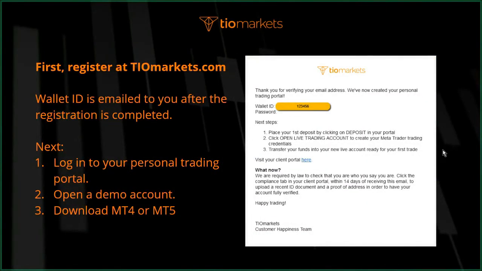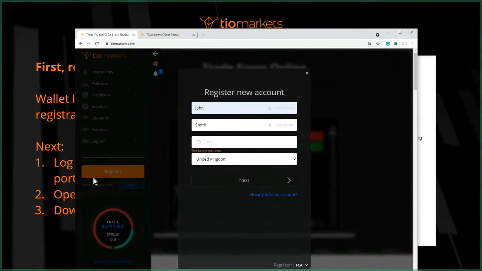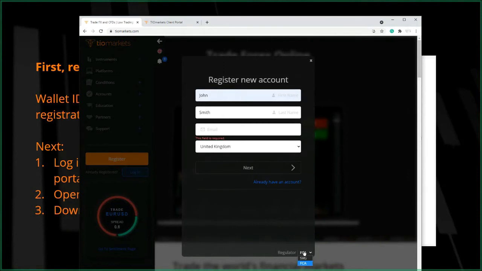So here, this is the first slide we talked about. You need to go to TIOmarkets.com, and on the left hand side, where the menu is, you can see this register, and once you click that, it opens up this form. Now basically put in your name, and down here you can choose the regulator. Like I said, if you come from the UK or Euro area, you can choose FCA, otherwise it's SVG. And once you click next and accept and get the